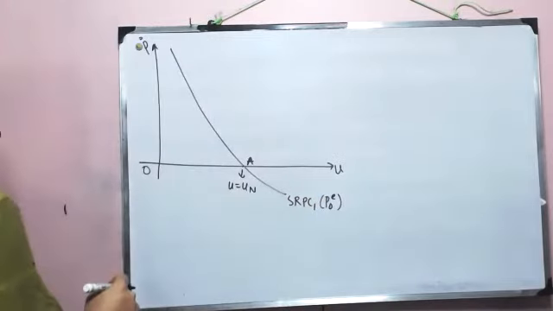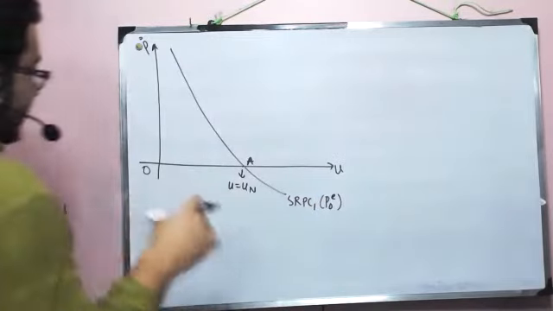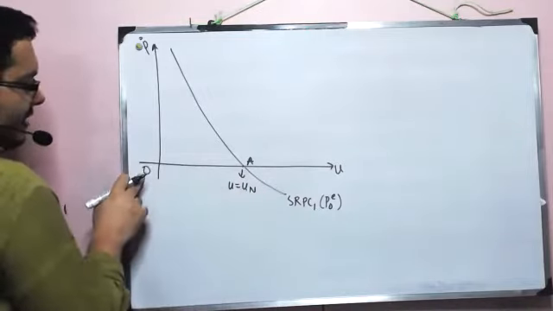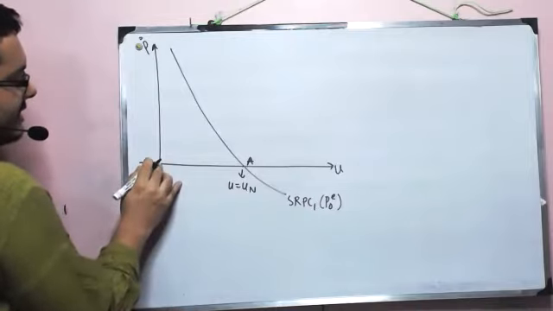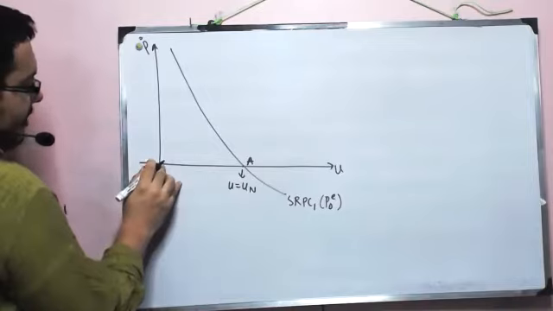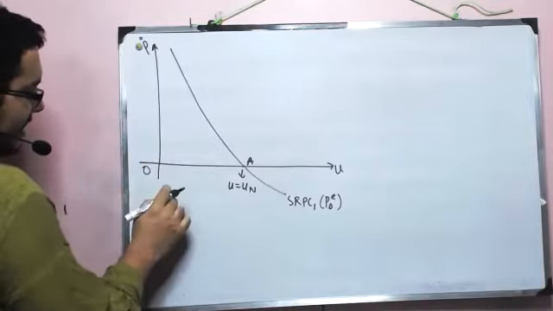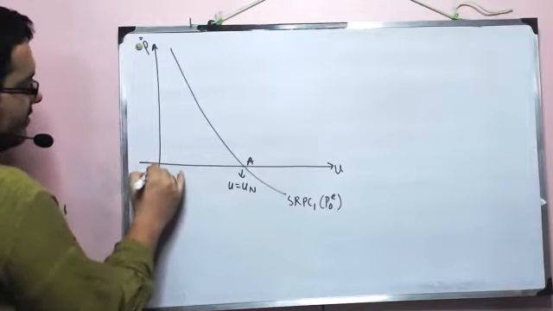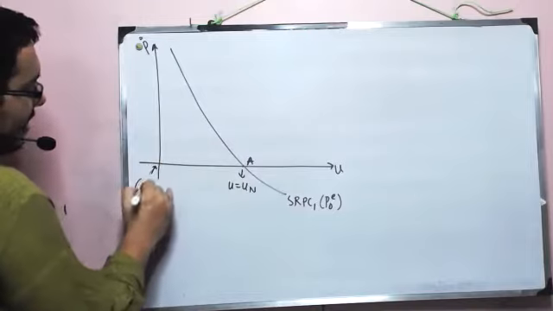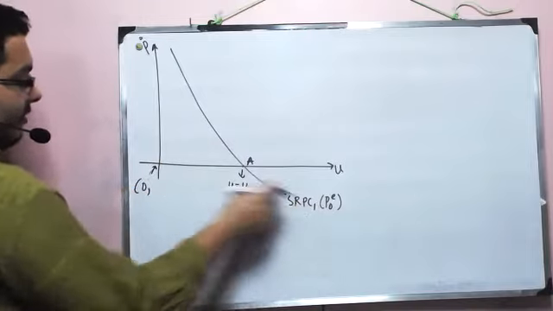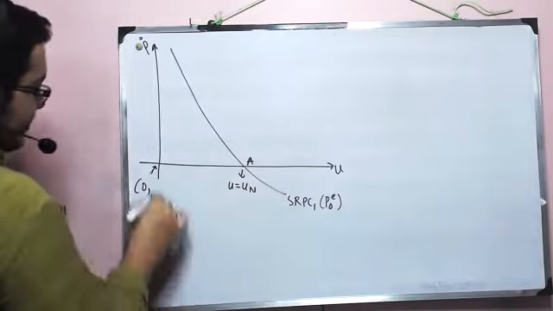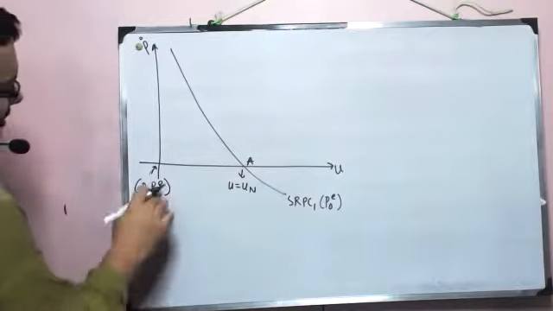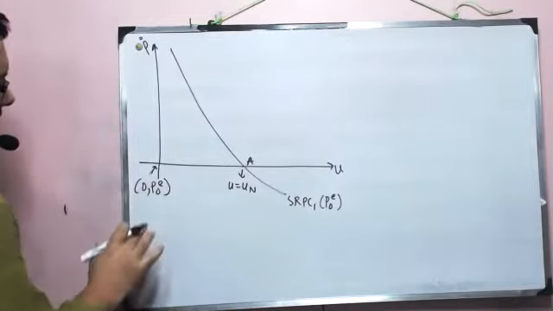So that means that somehow, the expected price level at A is not typically zero. If you look at this axis, it will be P naught E. What I'm trying to say is that the unemployment rate along the x-axis at the origin, if I write it, is zero, but the corresponding expected price level I would say is P naught E. But in general, we write zero directly here.